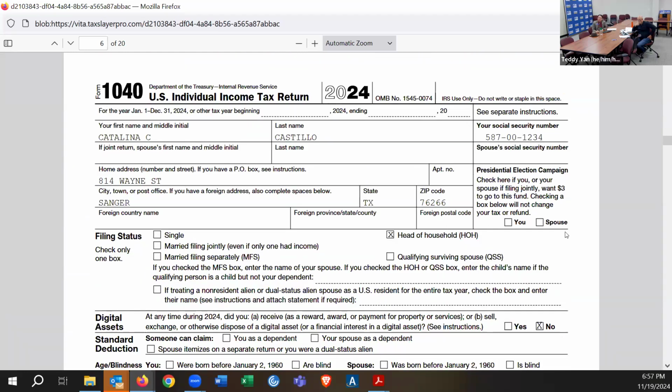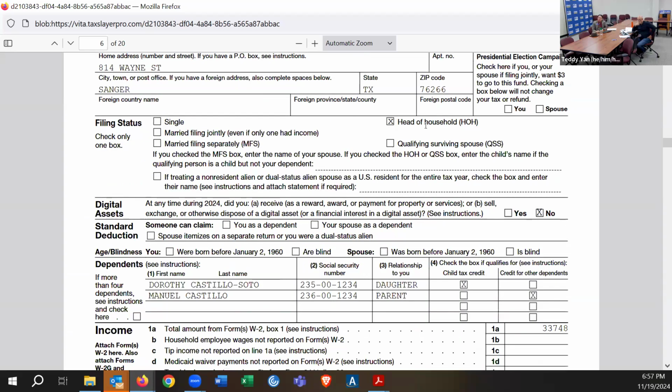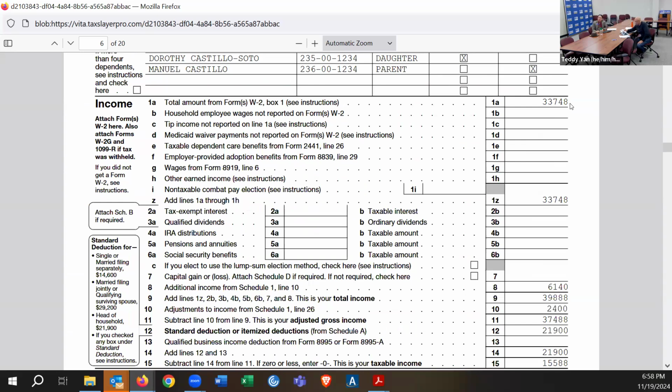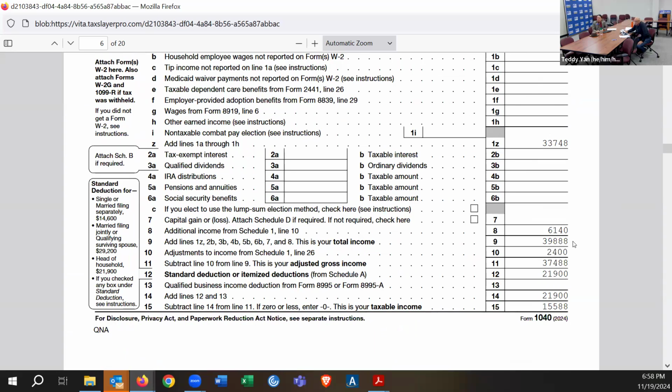We've established her basic information up here. We've established her filing status, her family members that she is claiming as a dependent. We have her total income imported here from her W-2. There's no other income for us to worry about. Then we have some additional income, part of which is adjusted out because that was the $2,400 that we added in, and then the $2,400 that we removed, yielding an adjusted gross income of $37,488,